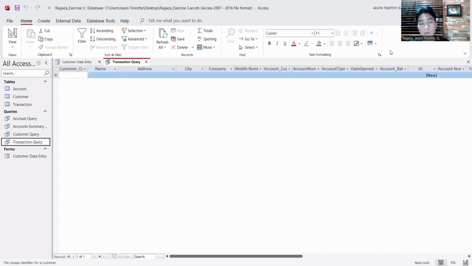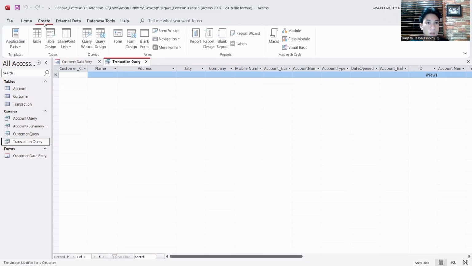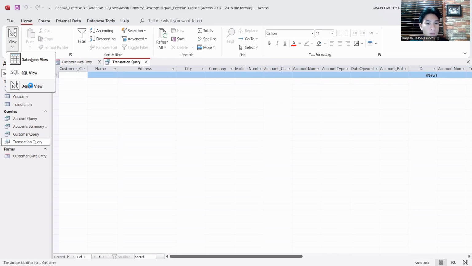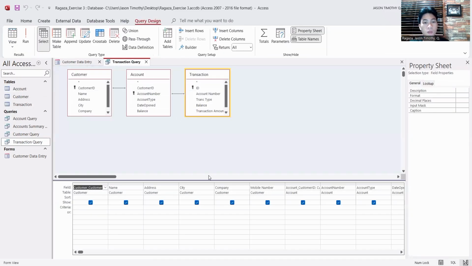And then over here, we are now going to make a running form or query. And then we're heading first with the create, rather home, and then design view. So this is what we have made in the previous exercise.